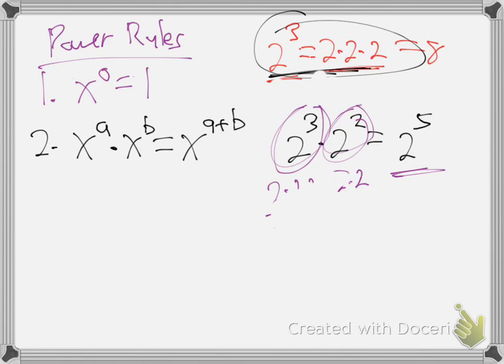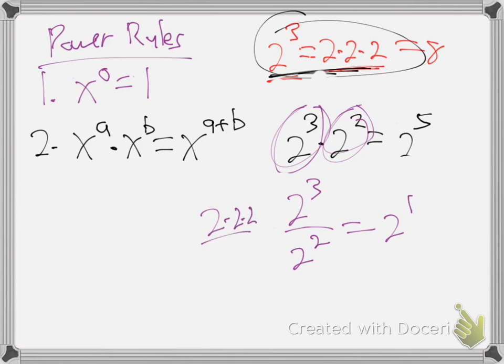So anyway, why am I doing all that? Well, we need those rules. We need to remember those rules, but also remember the other one. Like what if you had 2 to the third over 2 to the second? What's that rule? You subtract, because that's 3 of them on the top, 2 of them on the bottom. They cancel, 1 left on the top. Remember the subtraction rule? Okay, so we're ready for a second way to prove that anything to the 0 power